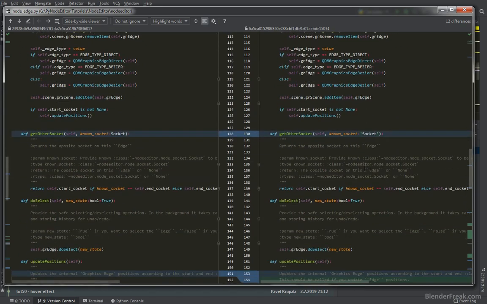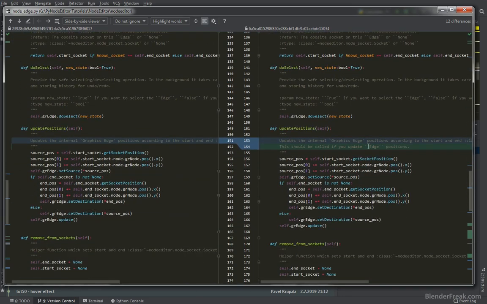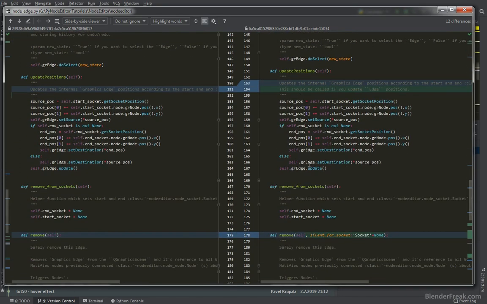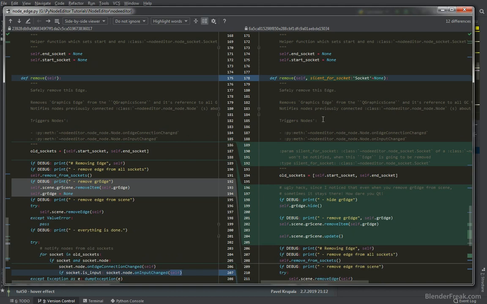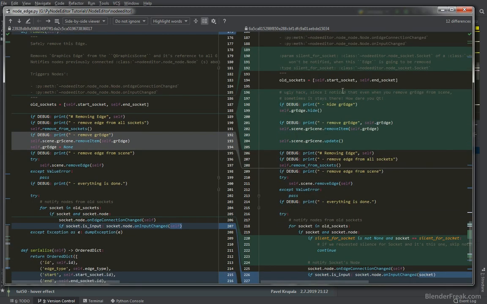Moving to the next change, we got other socket. Now again the same change. We got update position. Here are some comments, and remove has been changed a little bit. So now we can call the edge remove, and we can surpass or make it silent for some kind of socket we know already. So if we pass some kind of a socket here,